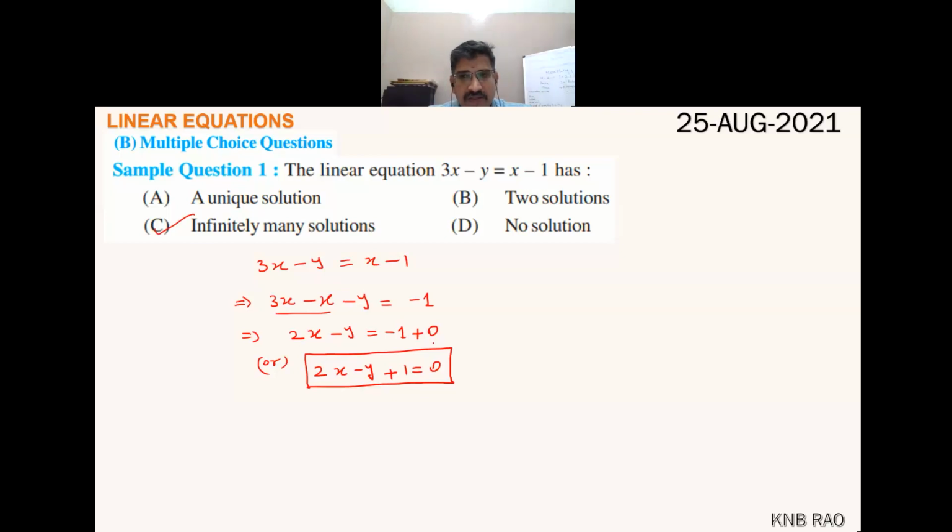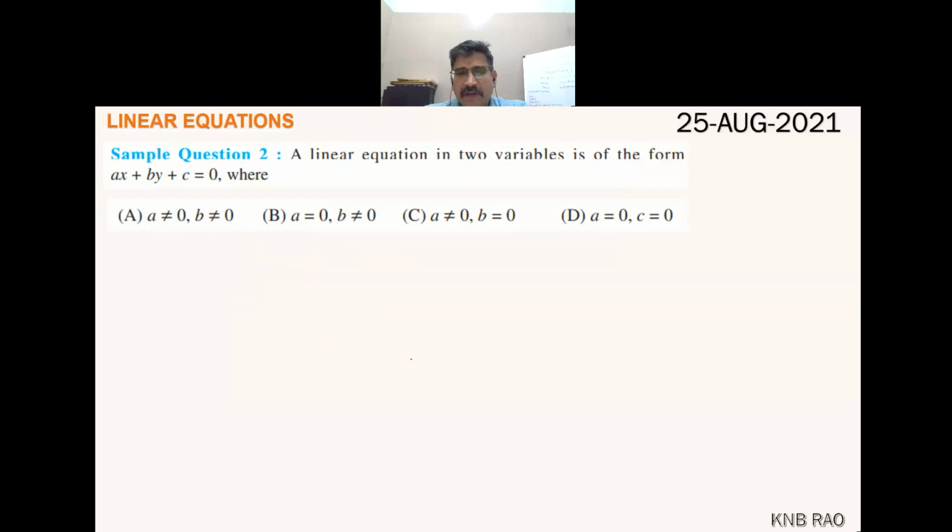Have you understood? If you have understood, just put a thumbs up emoji. Yeah, that's good. Fine. Now, see children, I explained only this question so that you recollect the way of doing. Now we will go ahead to sample question 2, and we will easily complete these questions because they are all already learned concepts. Simple ones.